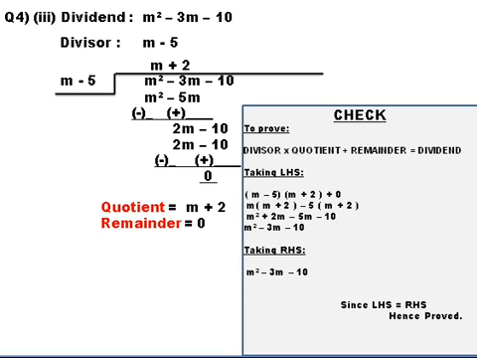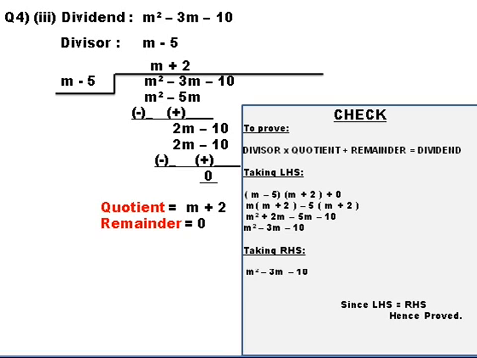So let us multiply m minus 5 with m plus 2. So we will open the first bracket and multiply each term of the first bracket to the second bracket. So in the next step we have m into m plus 2 minus 5 into m plus 2. So what do we have next? We have m square plus 2m minus 5m minus 10. Solving the like terms, we will have m square minus 3m minus 10. This is the end result of the left hand side.